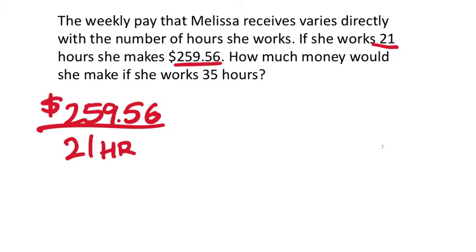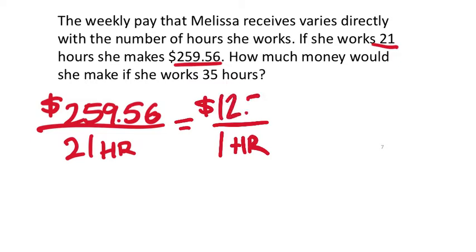Then it's just a multiplication thing, just like you would with the constant of variation, right? So how many dollars for 1 hour is this? Again, this is the constant of variation. I'm going to go to my calculator because I can't do that in my head. And if you can, that's pretty awesome. But 259.56 divided by 21. Enter, and I get $12.36